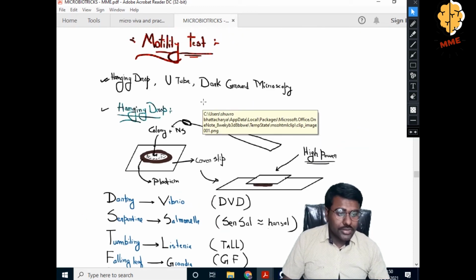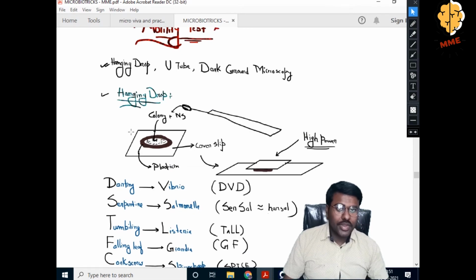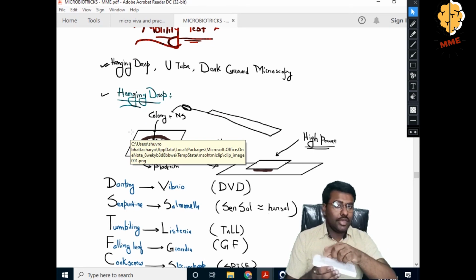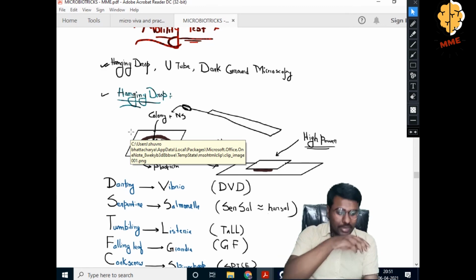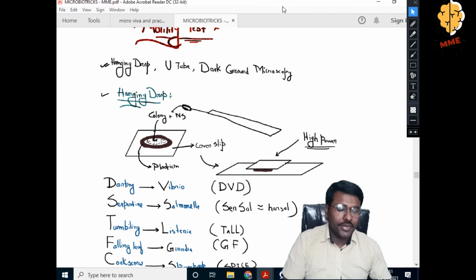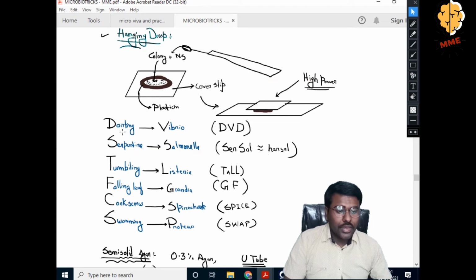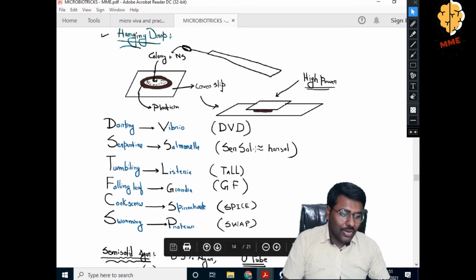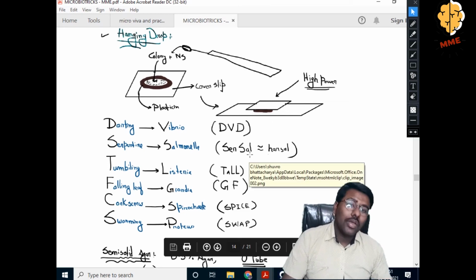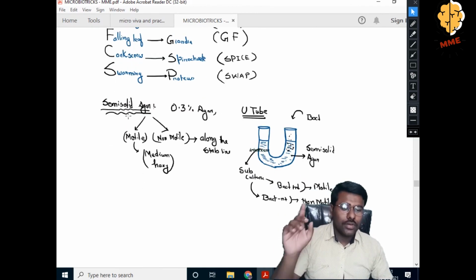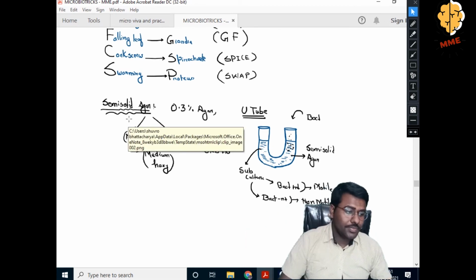Now coming to the motility test, you have to perform the motility test. Take the cover slip, then put the plasticine, add the colony and the NS, normal saline, and put it over the slide, and you have to focus in the microscope and notice the motility. There is a technique you have to follow, or you may not follow, okay. And there is another technique for Mycobacterium or other bacteria's motility testing, may be negative, may be positive, okay.